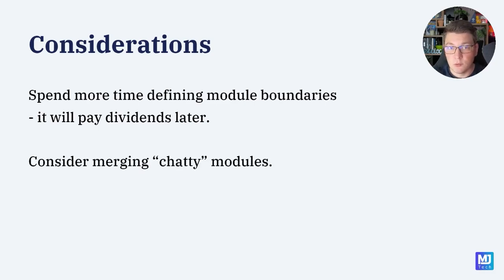Part of this evolution of your architecture or module boundaries could be merging together chatty modules, which is why I highlighted the question of how often will your modules communicate. It should be a very big red flag if two modules are very chatty with each other. This could mean triggering behavior from one module in the other, or constantly requesting data back and forth, where you might be better off just merging these modules together and having the behavior and the data both readily available inside of a single